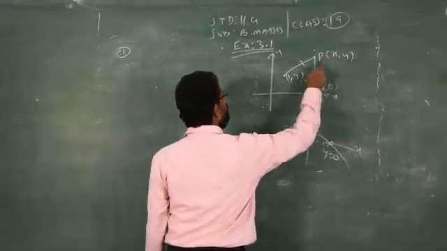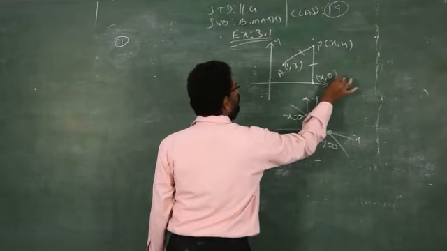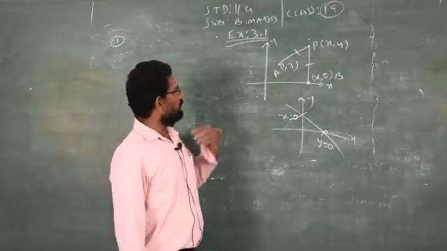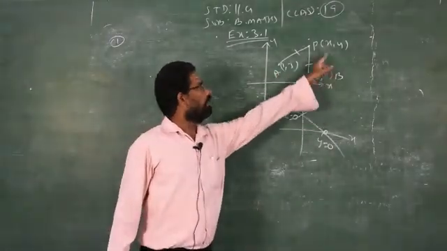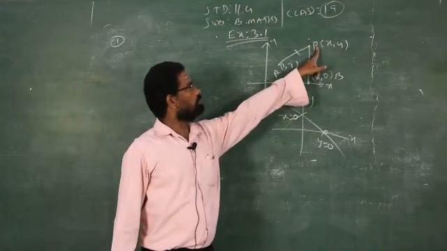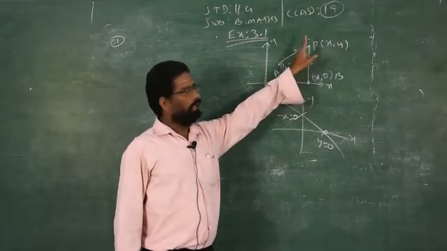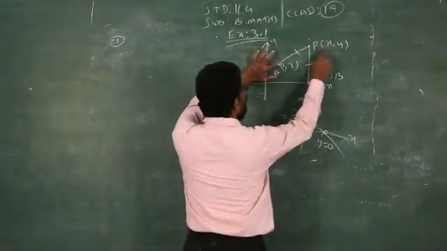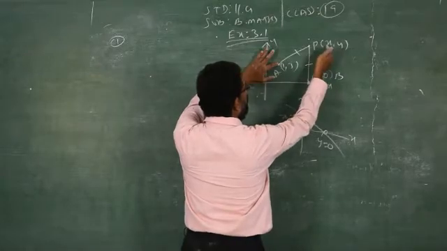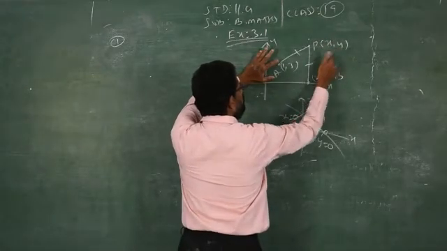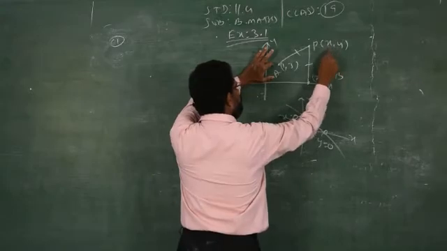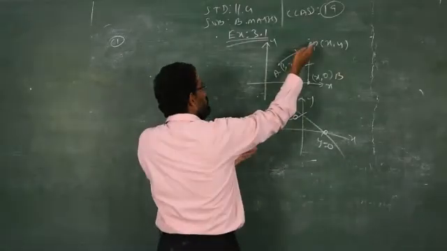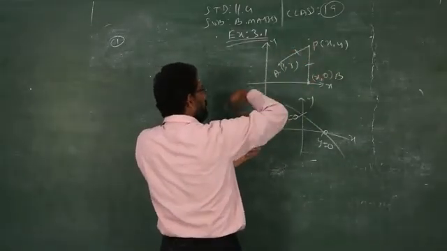What is the condition given? I take the first point as A and the second point as B. For locus, you must always take the point as P. Find the locus of the point P: there will be two fixed points and this will always be the moving point. That's why it is called (x, y). I don't know the values of x and y. If I replace x by 1 and y by some other value with the help of the conditions, then the point will move somewhere. That is what you have to find out.